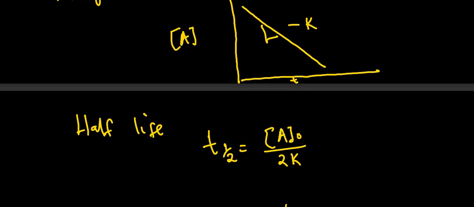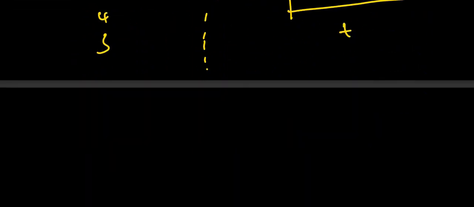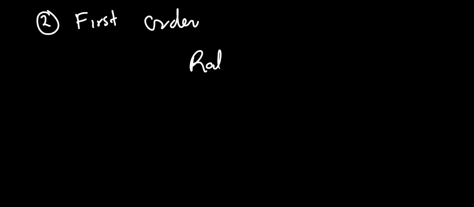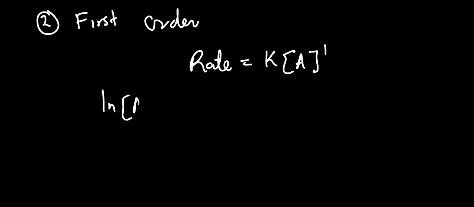So this is the information you need to know about a zero order reaction. Then the next thing that I'll talk about is number 2, the first order reaction. Just from the name, it means there's a 1. So the differential rate law of a first order reaction has A there, with a 1 there. The integrated rate law is ln of the final concentration equal to negative kt